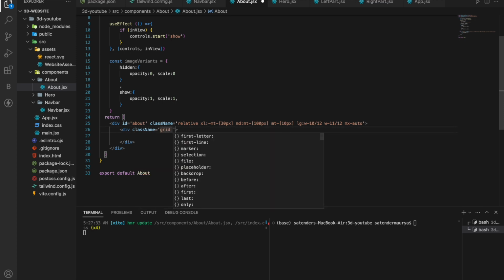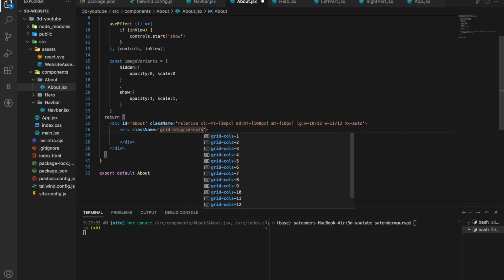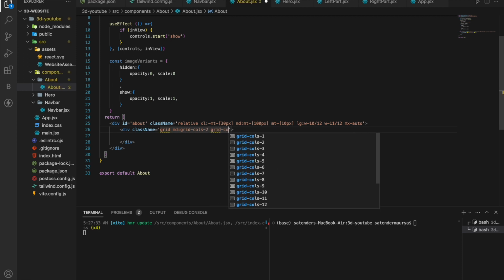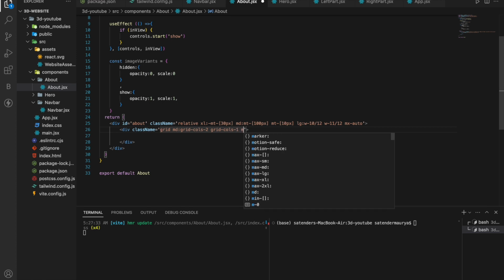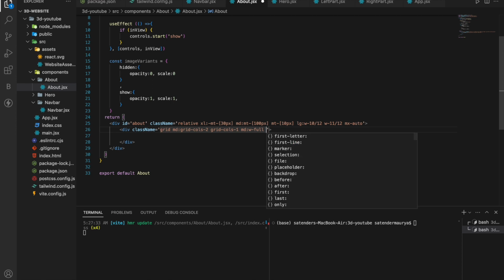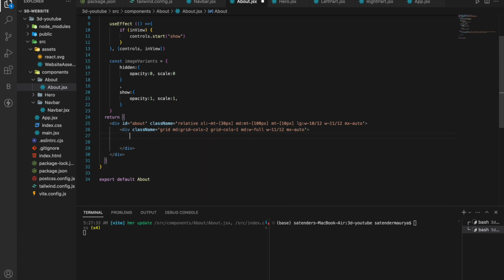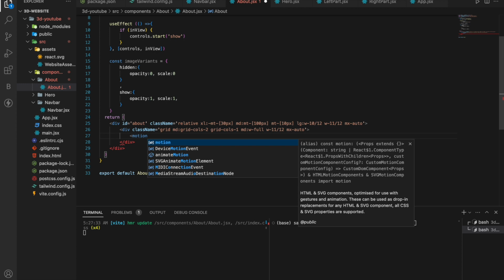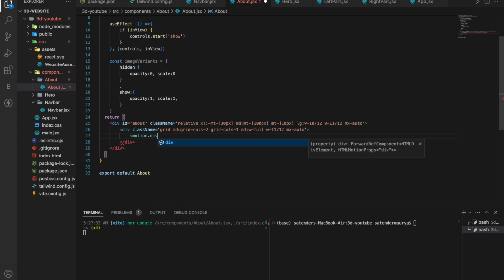grid, md:grid-cols-2, grid-cols-1, md:w-full, w-11/12, mx-auto, and inside that div we'll have a Framer Motion dot div,